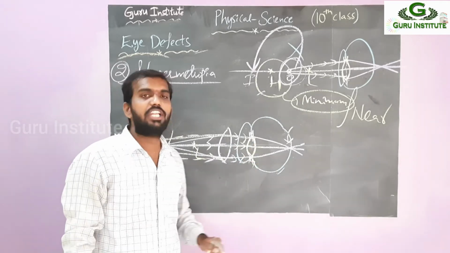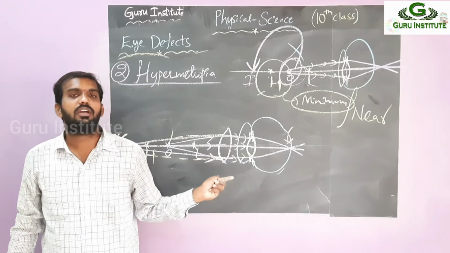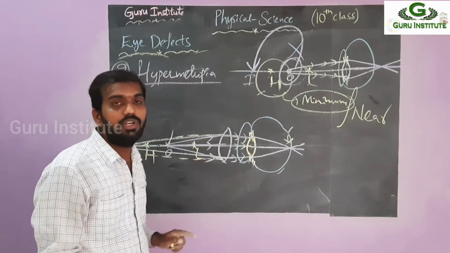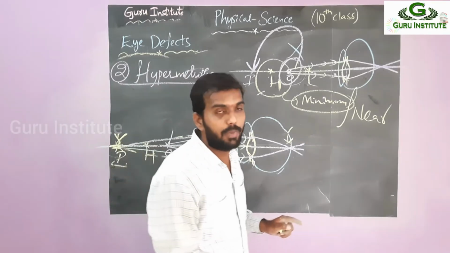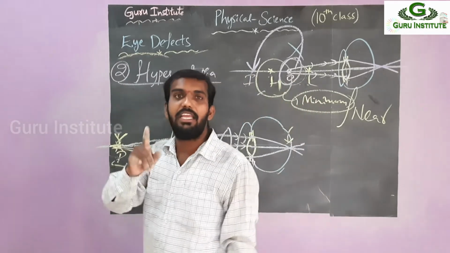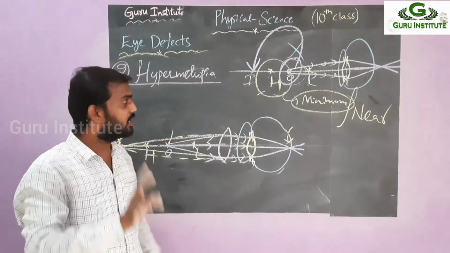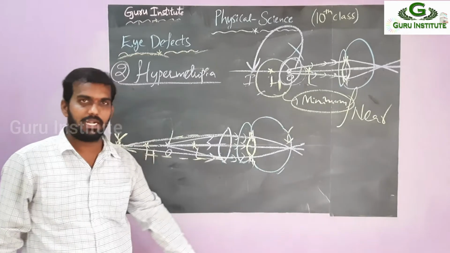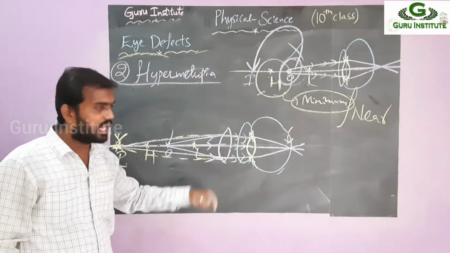So this is the correction figure for which one? Convex lens. So this is about the two defects, myopia and hypermetropia. Once again see this one. Hypermetropia is called farsightedness. You can see the far objects, not the near objects. You can draw those three pictures, and from that picture, after that picture, you can explain the matter. So then you can do the correction figure.